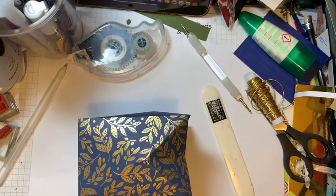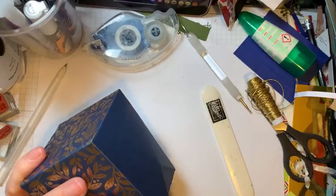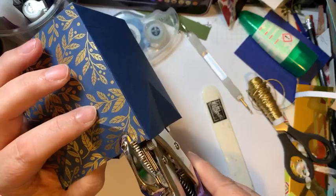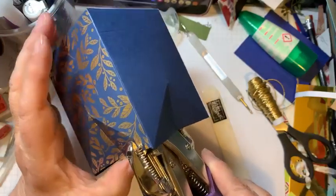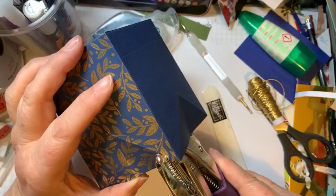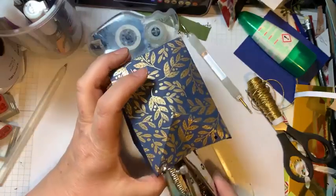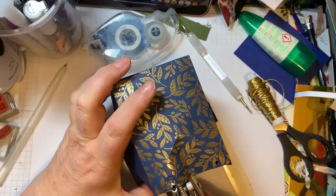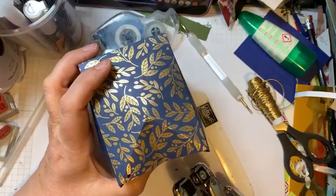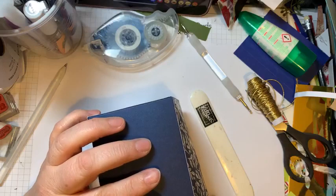So I haven't got another hole punch, I've only got this one. So I'm going to use this, and I'm going to put a hole, hopefully you'll be able to see this, just towards the top of the corner, but not too close to the edge, because otherwise it might rip. So around about there, and the same thing on the other corner. And I'm going to put that hole there. Oh, that one is a bit too close, but never mind, we'll be all right. And then the same thing here,